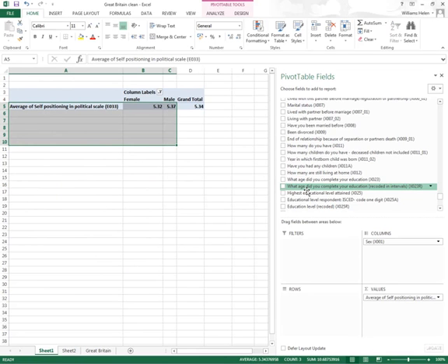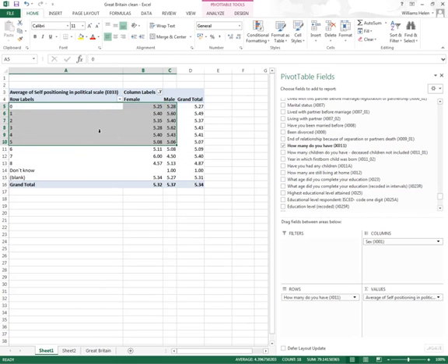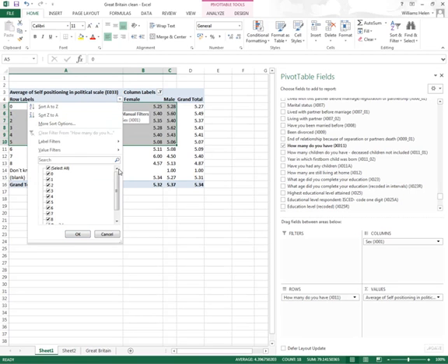Then we want children, which in this one is X011. How many do you have? Not terribly helpful because it doesn't say children, but that's what it's asking. Now this is done by numbers. I don't know how you can not know how many children you have, but let's take out the don't know